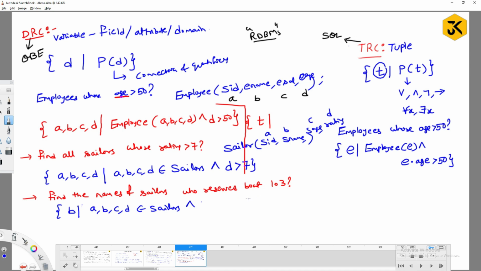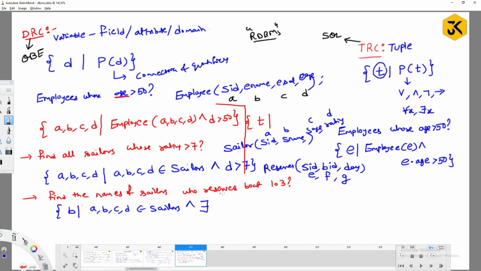Reserves table, if you are trying to check, you have to go with tuple relational calculus. What are you trying to do? You are trying to check with there exists. If there exist certain fields related to the respective person. So you are trying to define there exists, there exists what? Boat number. There exists boat number, right? So if I am trying to take the reserves, what fields might exist here? Sailor ID, BID, and I think day. Very good, right? So for this I am going to give some names like E, F.